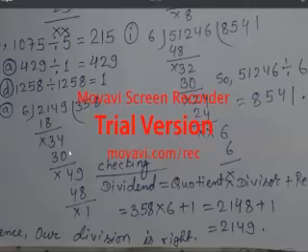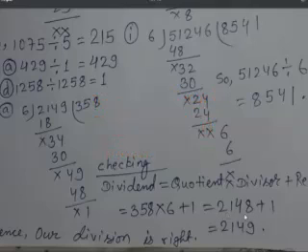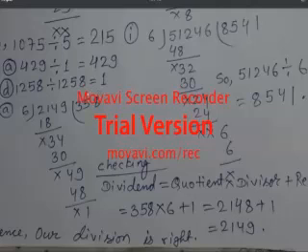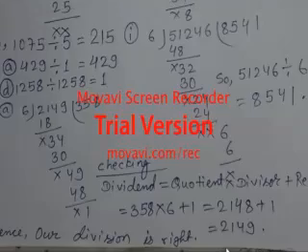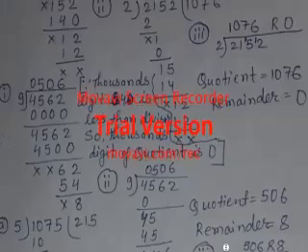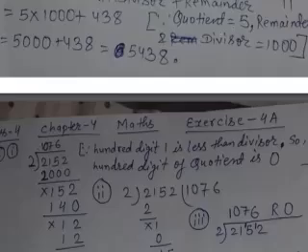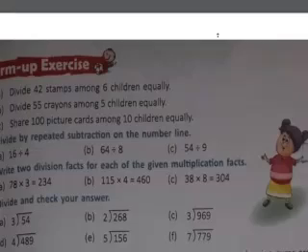Let's see whether it comes to the dividend or not. So 8 6s are 48, 8 is there, carry 4. 5 6s are 30, and 4 is 34, so again carry 3. 3 6s are 18, and 3 is 21, so it becomes 2148 plus 1. When added, it will become 2149, which is the dividend. Hence our division is right. This is the way to divide and then check.